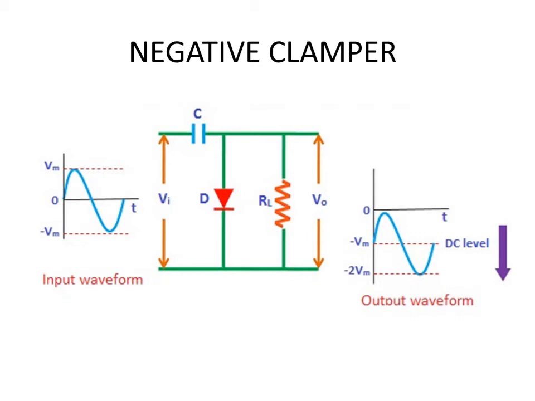So that means during the positive cycle, the input Vi and the battery, which is provided by the capacitor, are acting in the opposite direction. So in order to find out the total voltage, you will have to take the difference between the input voltage and the voltage appearing across the capacitor. So what we have is, when your input is 0, your output will be 0 minus Vm. So the output will be at minus Vm value.